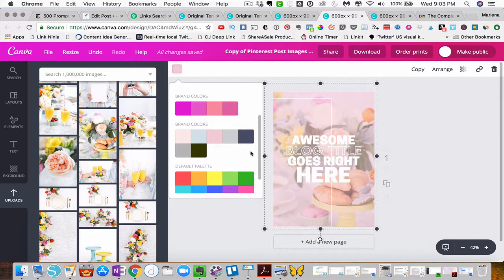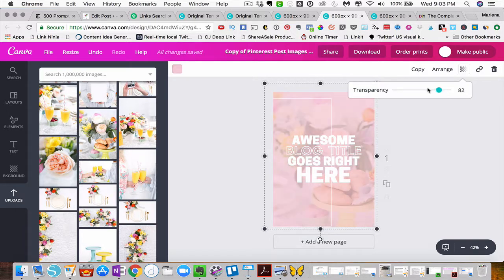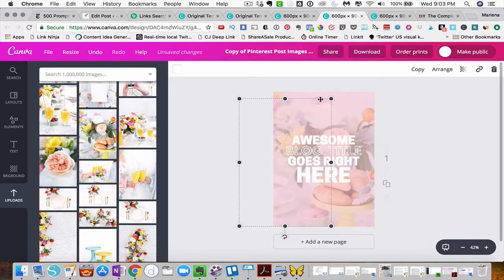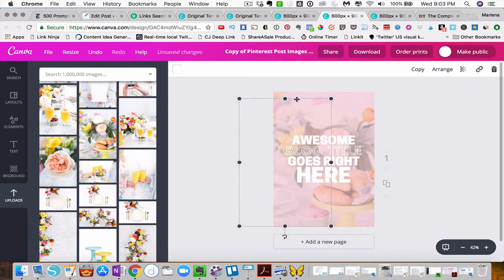So I kind of like that one, so I'm going to keep that one, and then I can play around with the transparency. I can make it darker, I can make it lighter. A little bit darker is a little bit better because then I can see the print. So the other thing I want to do is I want to get this rectangle back on there,